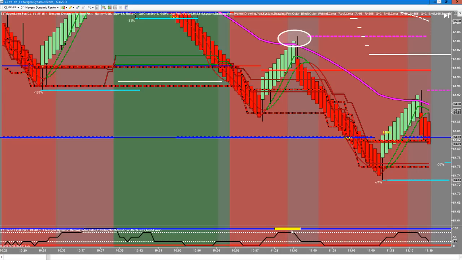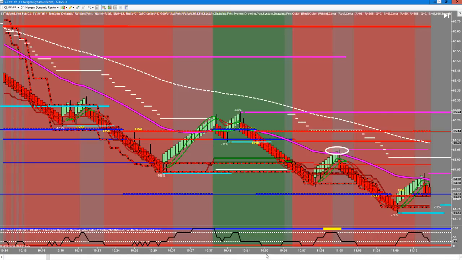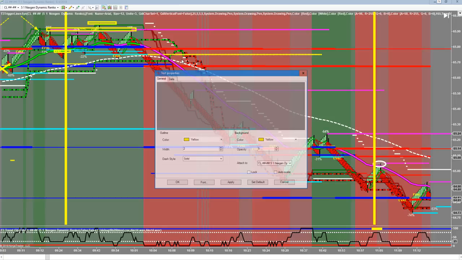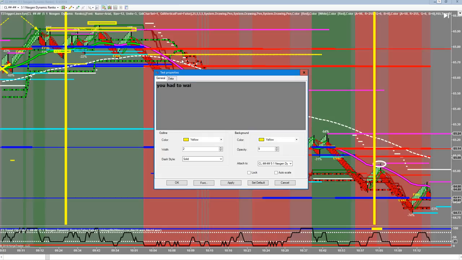And again, Siva pointed out probably the best part, the part that I kind of smoothed over, which was we had a trade over here at, we'll just call it 9:30. So you had to sit and wait and wait and wait until about 11 o'clock. Again, that's a good point right there. You had to wait 1.5 hours before the next